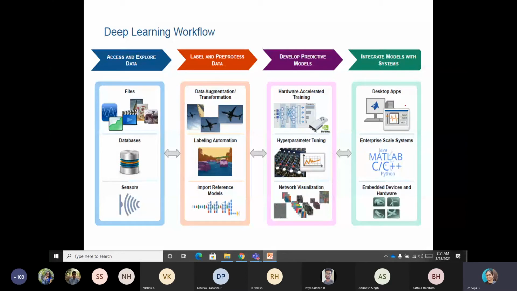Then integrate the model with the system, whether you want it on desktop, in the cloud, or on embedded hardware, like a self-driving car, where you want to deploy, or in an aircraft simulation system or any real-time application using Raspberry Pi or an NVIDIA Jetson board, how you want to integrate. That too will be explained in detail in the upcoming slides. So next I will explain the augmentation part, but this is the workflow.